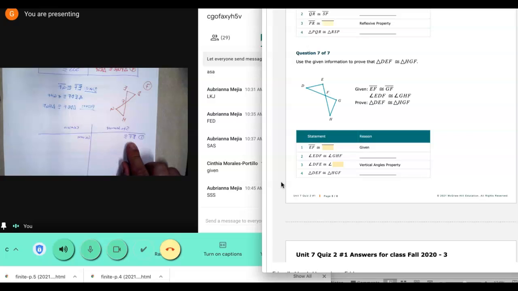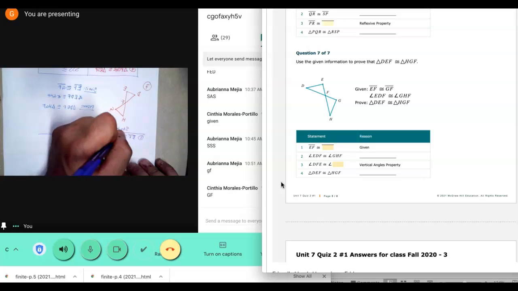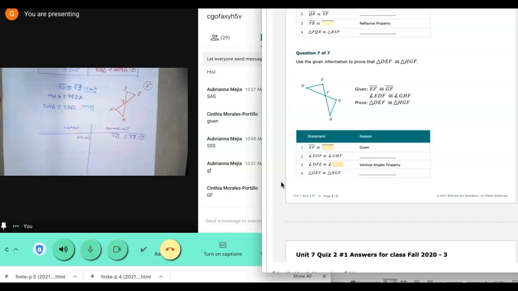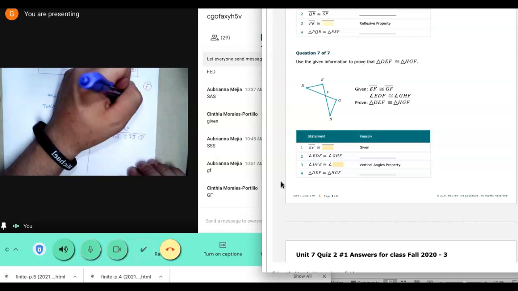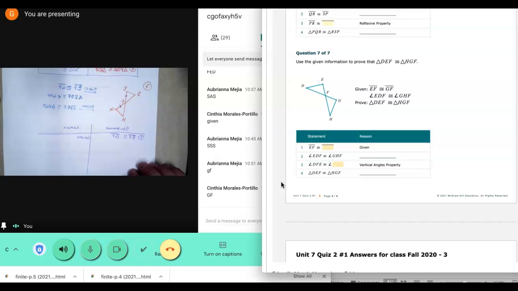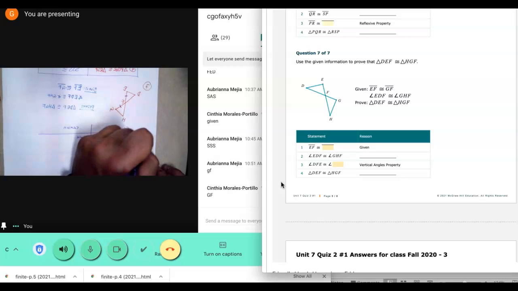EF is congruent to, anybody want to chime in? Yep. Good. Ariana, Cynthia, thanks for chiming in there. Right, it's given that EF is congruent to GF. In fact, let's go ahead and mark that. EF is congruent to GF. I'm going to put some tick marks on that. Number 2,